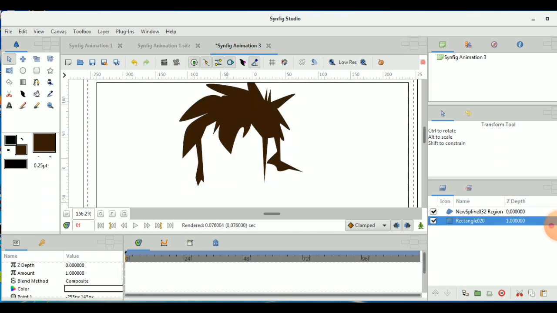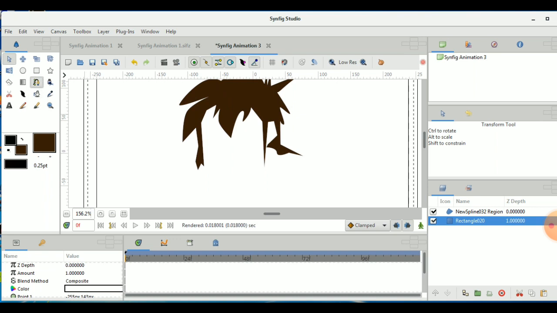With practice, you will understand how it's going to be. For doing this, now again I am selecting the spline tool, and you can see in the right corner I have selected the layer type as region. Now for drawing the face, I have selected from the internal part of the hair.